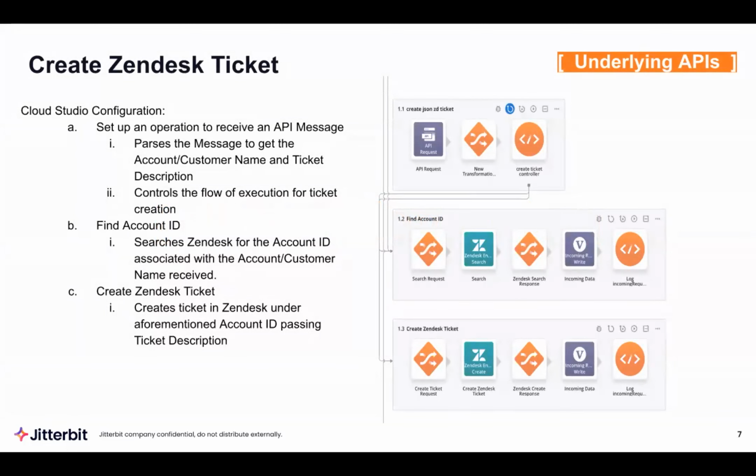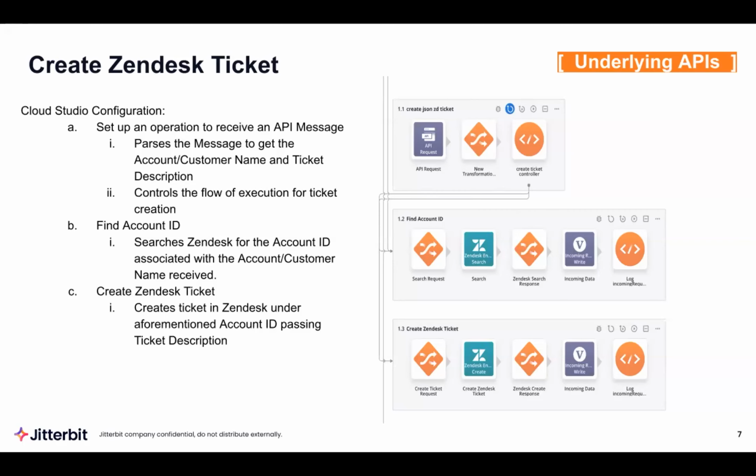The first one is the one that allows you to create a Zendesk ticket. As you can see on the right-hand side, I have Cloud Studio, and it's showing the different operations or flows that are executed. Then, in order to expose this as an API, we went to our API manager, and literally within a few clicks, in less than a minute, we turned these flows into an API